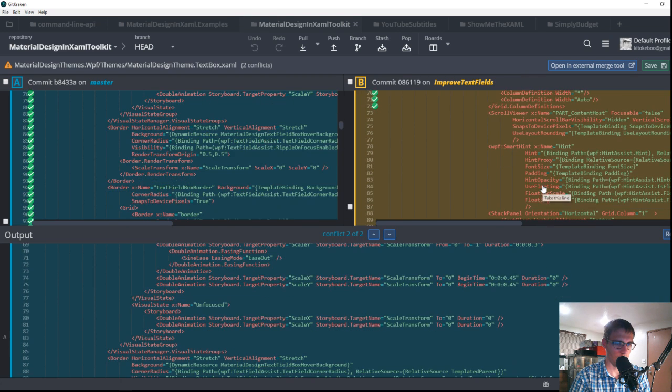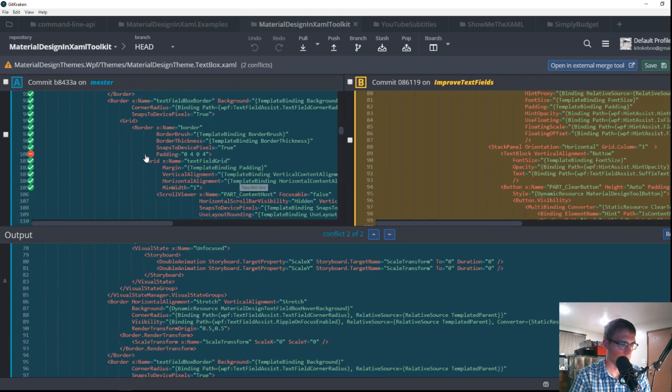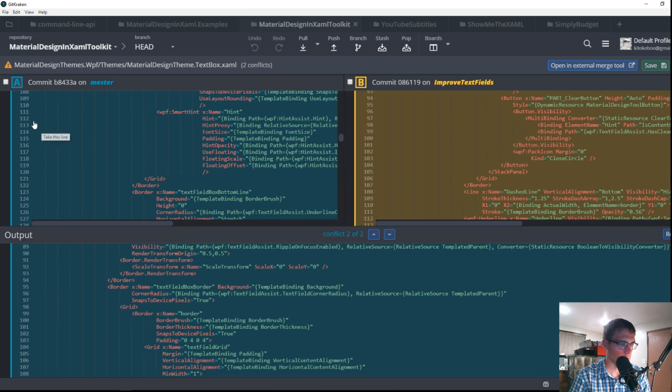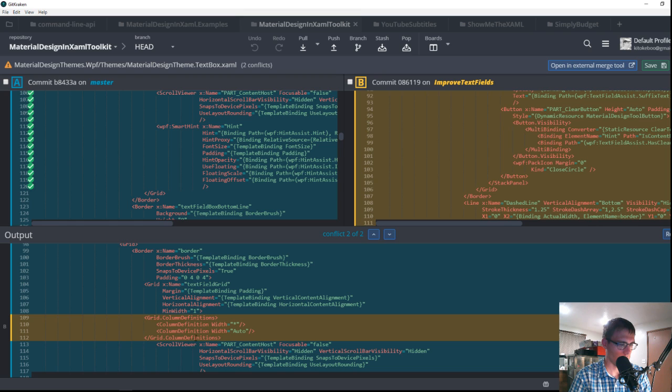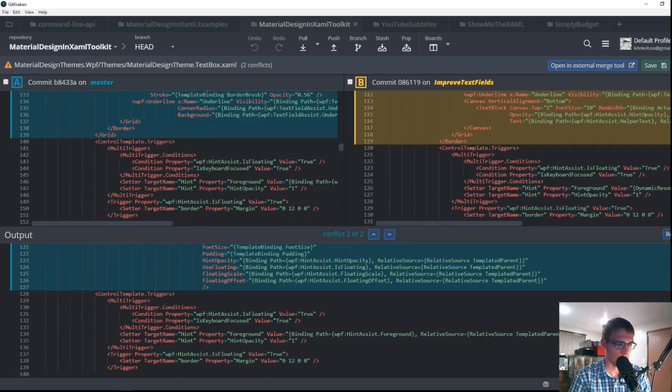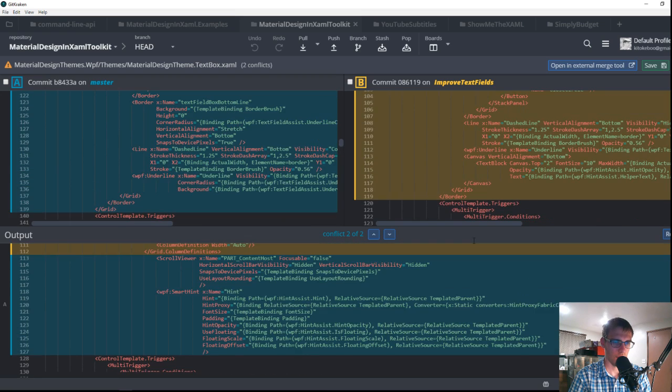the smart hint, and then we pick up this extra stack panel. So for the scroll viewer and smart hint, we are once again going to take everything that was done on master for now, pick these guys up. So many lines. Gotta love these rainbow merges. And keeps that guy going. There's the smart hint ending. Just make sure we get to the end of this guy here. And then, so from the smart hint,